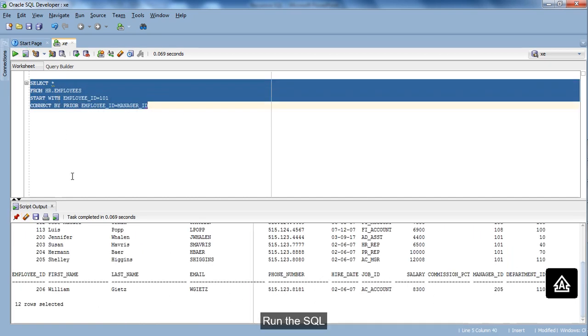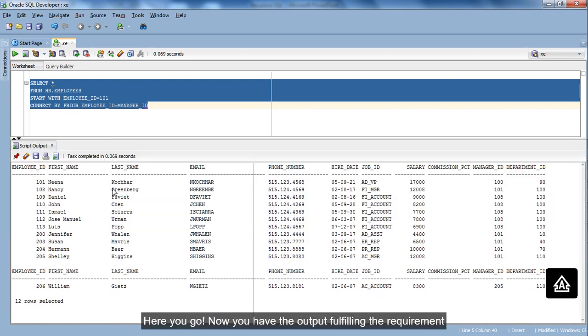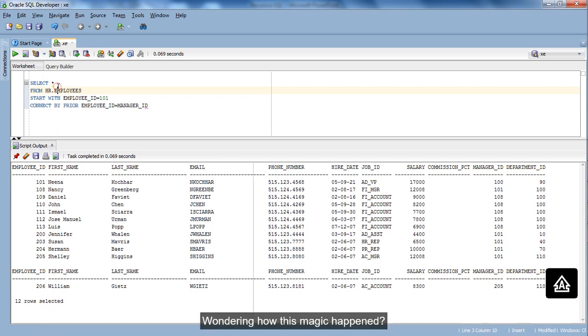Run the SQL. Here you go. Now you have the output fulfilling the requirement. Result contains all 12 employees. It shows Kosar and all other employees under him in the hierarchy.